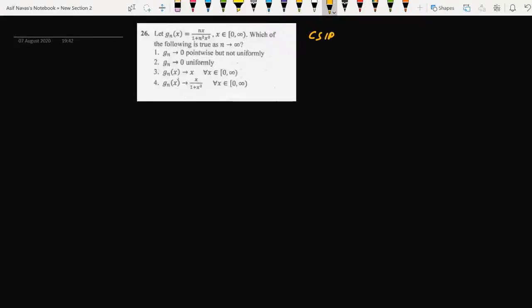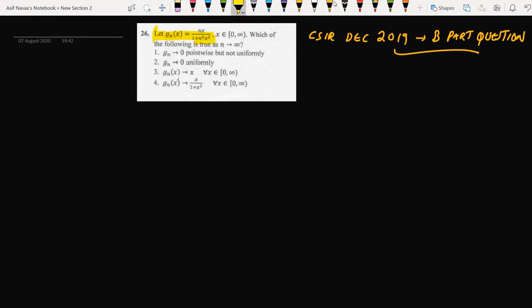CSIR December 2019, Part B question from real analysis. Okay, so here the question is: let g_n(x) equal nx